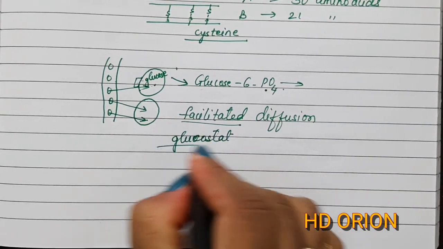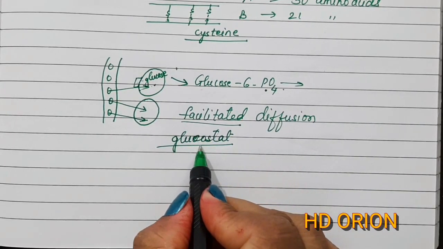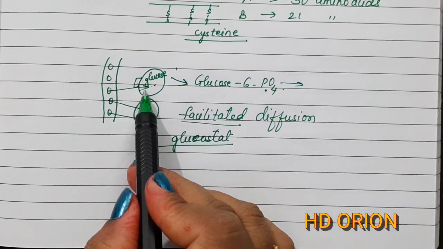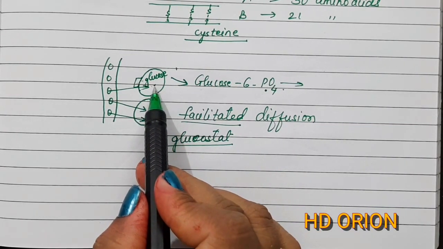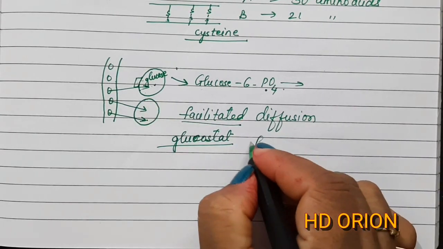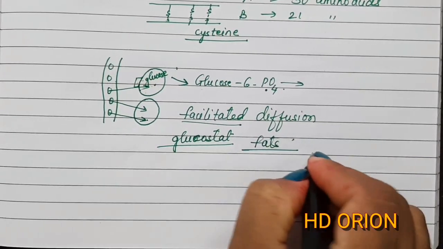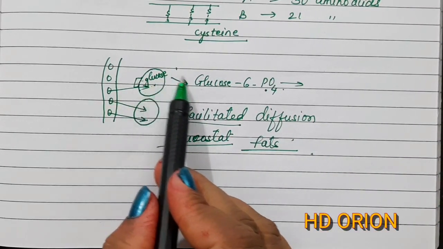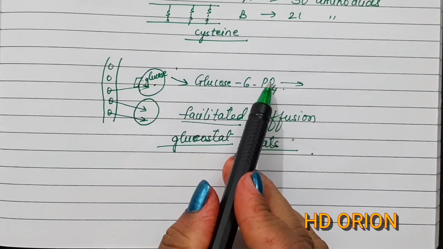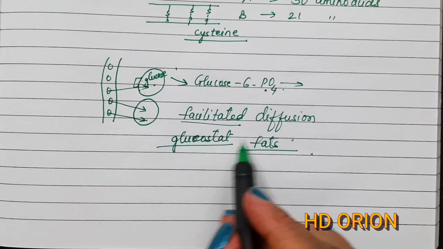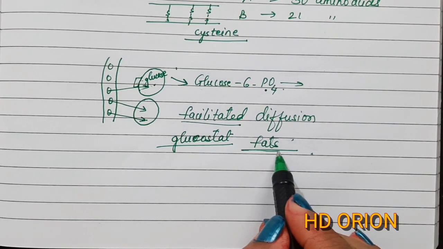Whenever it is required, it will release glucose in the blood. So this extra amount of glucose is converted into glycogen, and then even if there is enough glucose, that converts into fats. So whatever glucose is present, either ATP will be formed by the process of cellular respiration, some amount of glucose will be converted into glycogen, and some will be converted into fats.